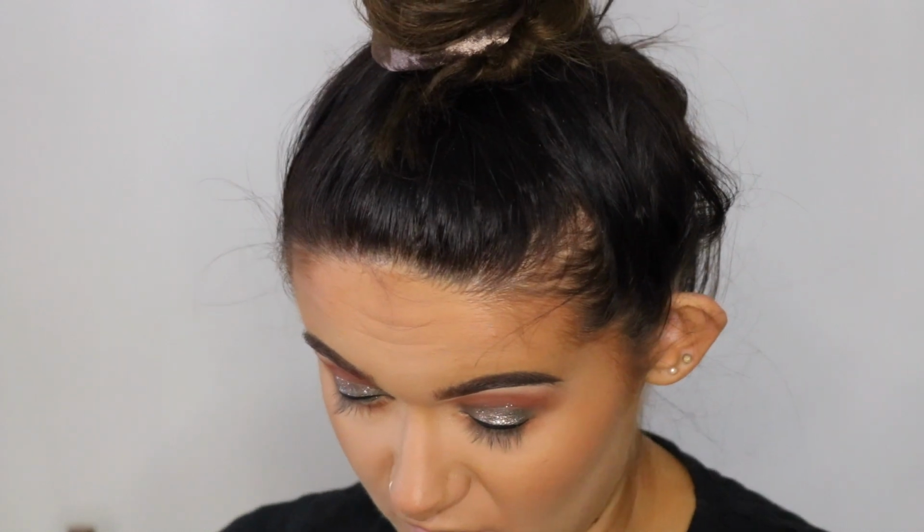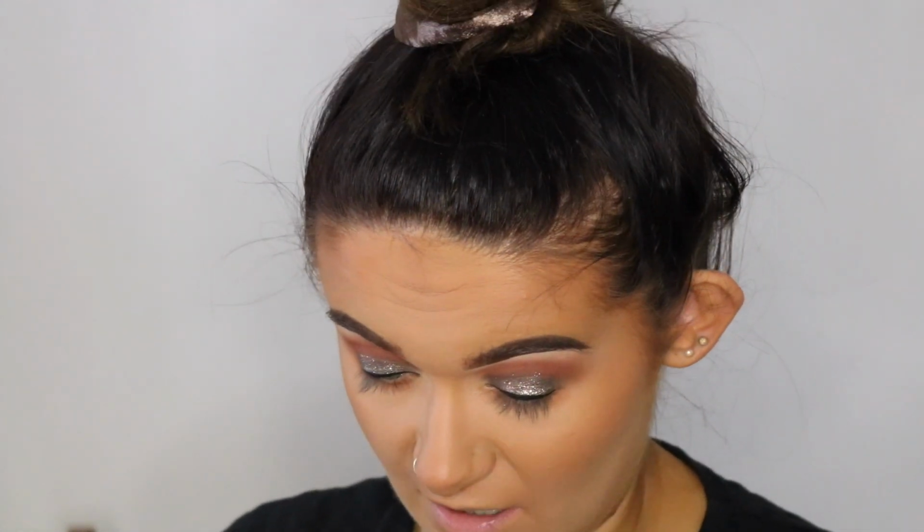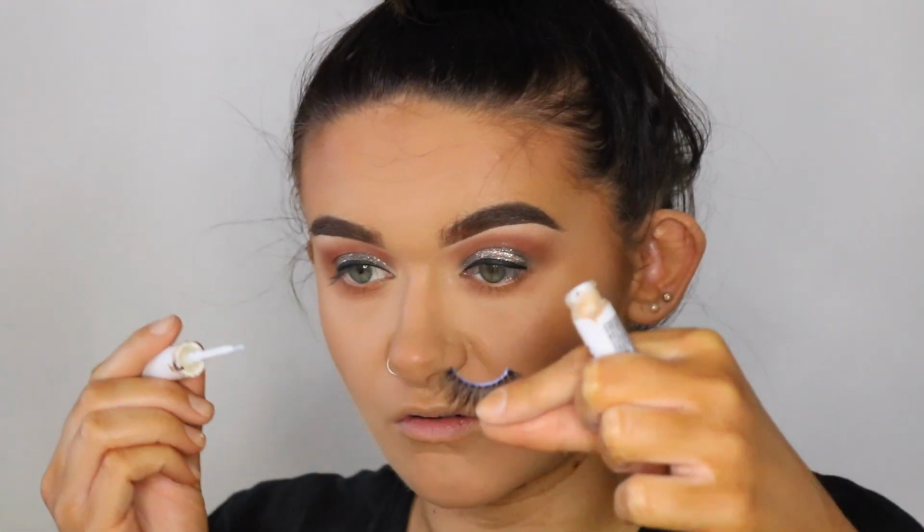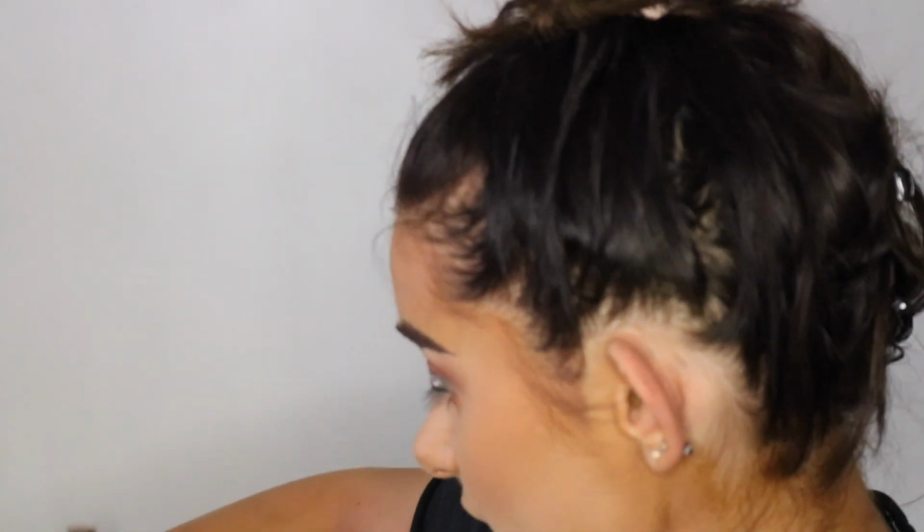I took like 2 bits of this eyelash, like 2 hairs, and always trim from the end, because otherwise the bit inside becomes too thin to your eye, like too long in that part, and especially if you're wearing lashes that fan out. So I'll just wait for that one to dry, and then we can apply that one, and then I'll do